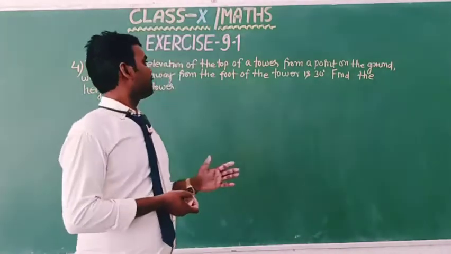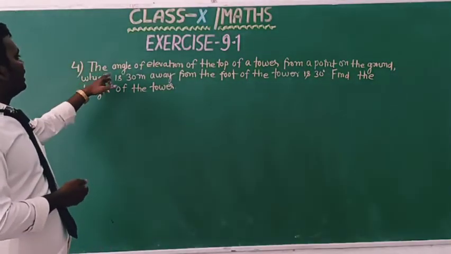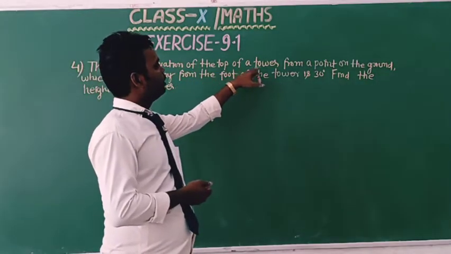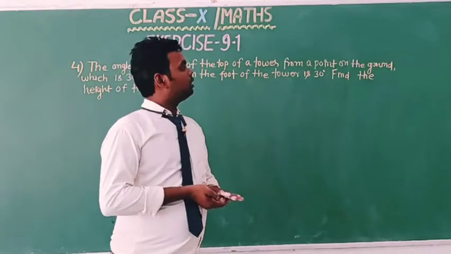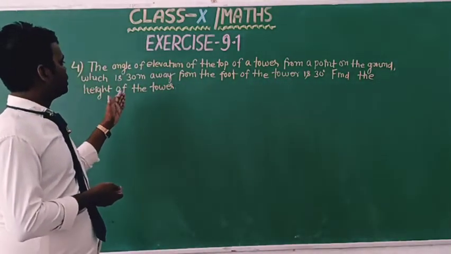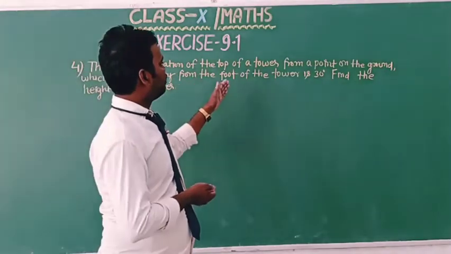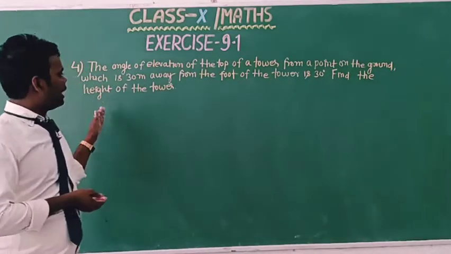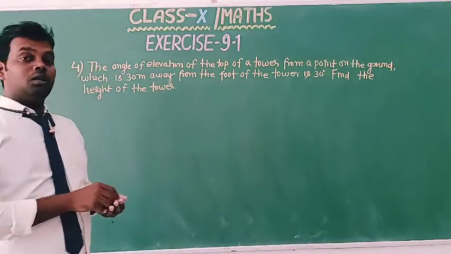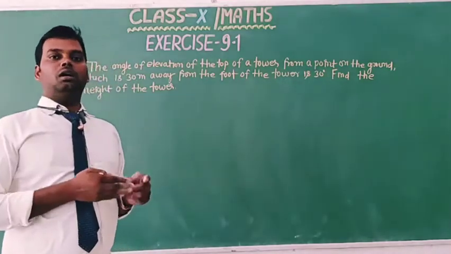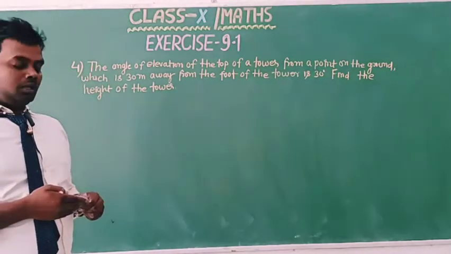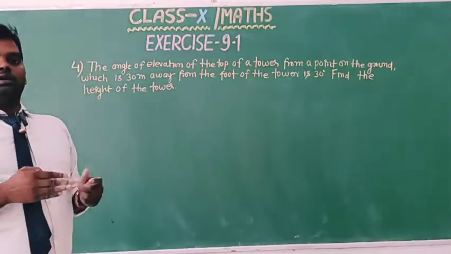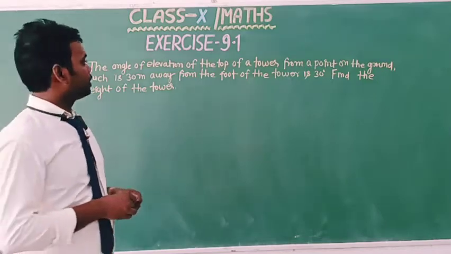This is the question: the angle of elevation of the top of a tower from a point on the ground, which is 30 meter away from the foot of the tower, is 30 degree. Find the height of the tower. Okay, so first I will draw its figure. Then we find the height of the tower. Okay, so given